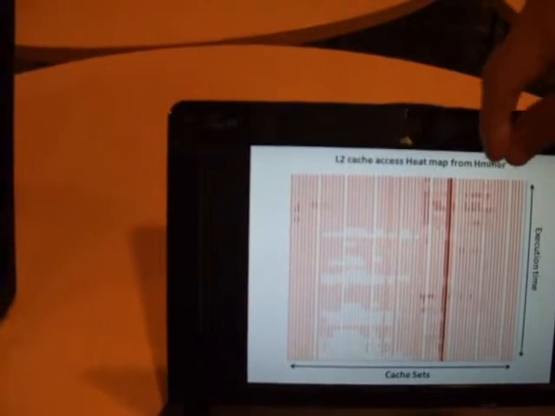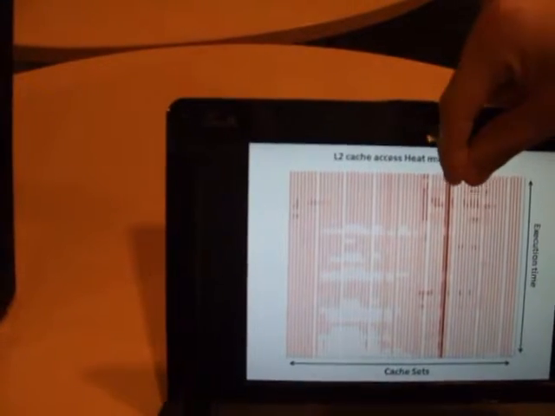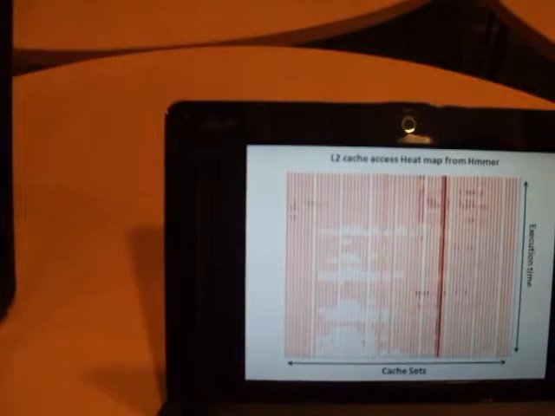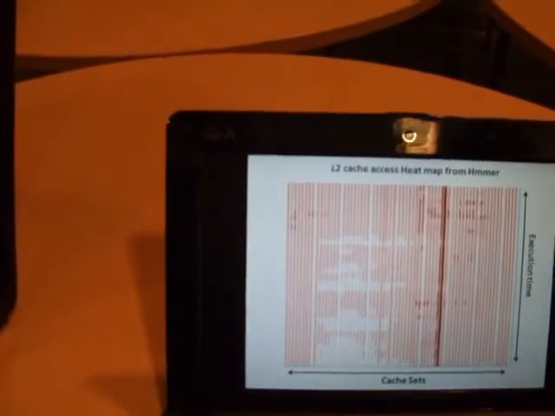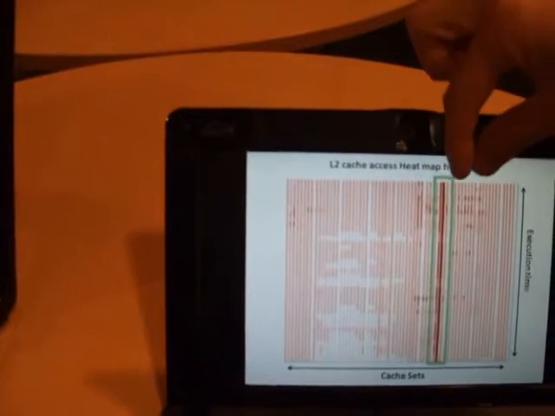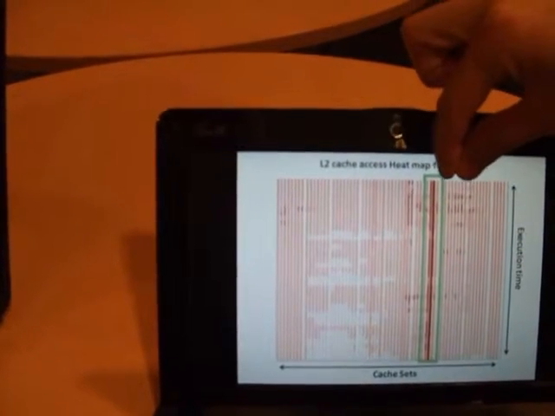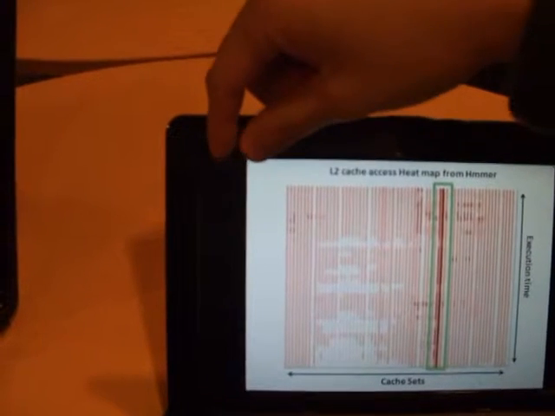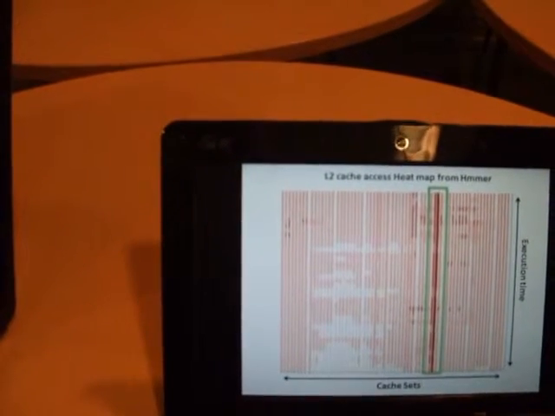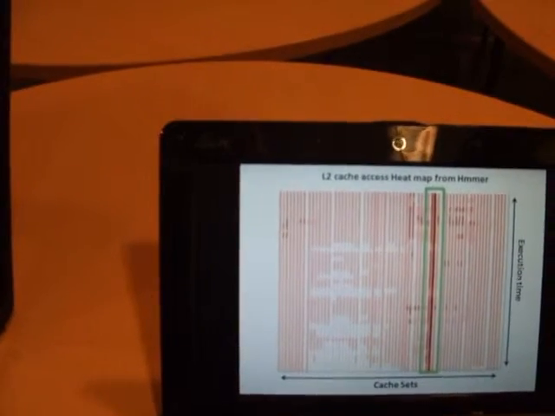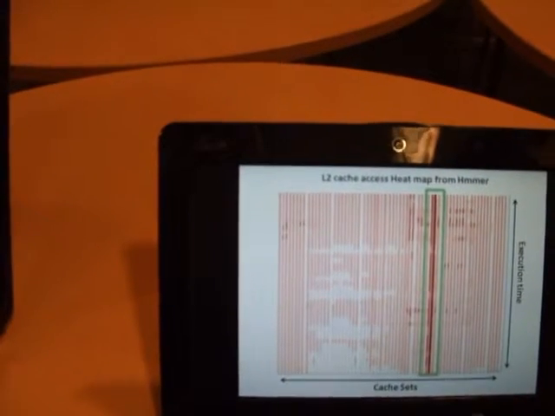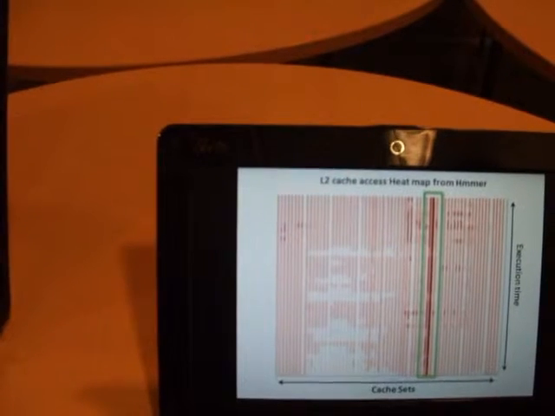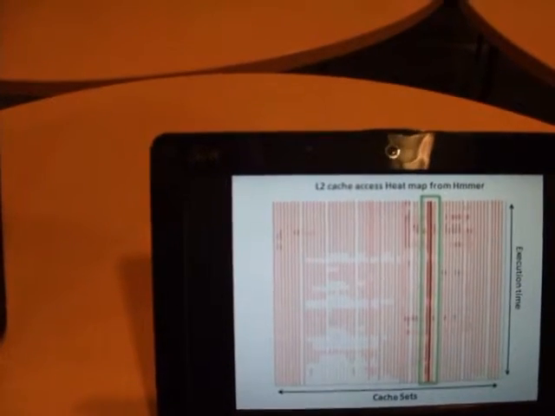So if we attack only these sets, then we can have a much smaller memory footprint, and we can do a better attack. If we just access these sets rather than sweeping the whole L2 cache, then we can have a much smaller memory footprint, and we can do a backside bus attack and L2 cache miss attack with higher